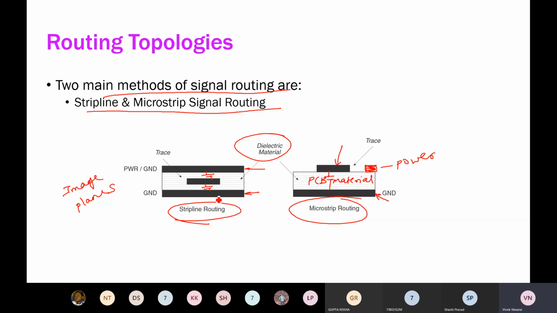This kind of routing becomes very crucial when we are dealing with the higher frequency range. Straightforwardly, we can say that over here we have lower capacitance compared to here, because comparatively we have higher capacitance over here. Why over here do we have lower capacitance? Because two capacitors are in series, and whenever two capacitors are in series, their equivalent capacitance reduces.